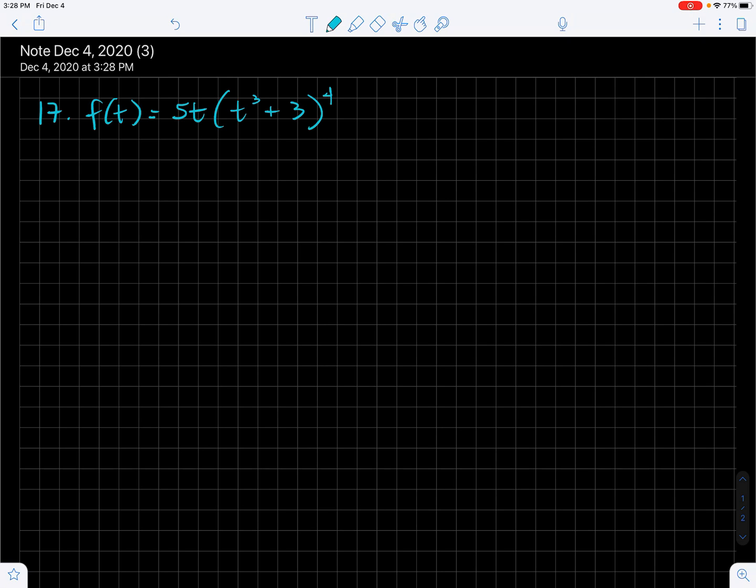All right, ladies, I'm going to work number 17 out and see if I can help you with your simplification. And I just realized that you can do different colored backgrounds here. That's cool. So f prime of t, we're using product rule, and then we end up using chain rule inside